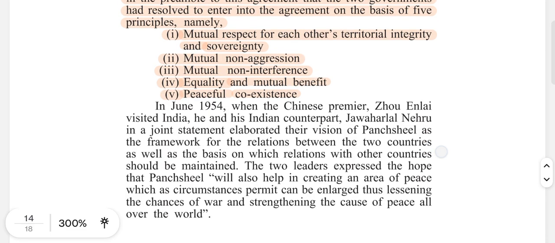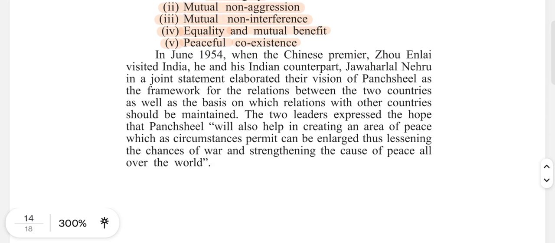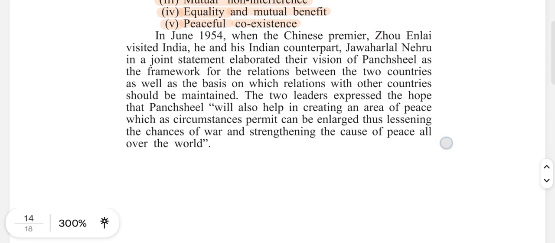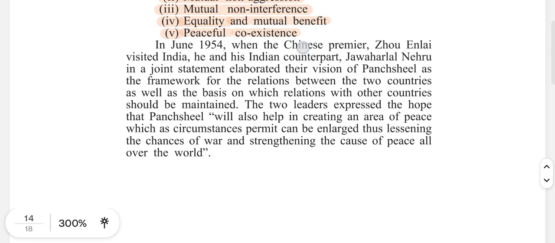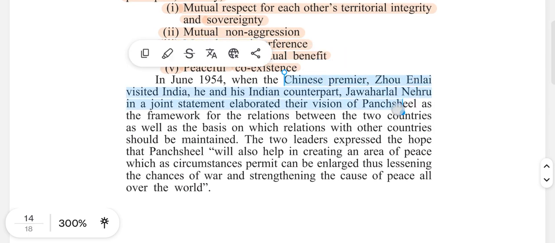I. Mutual respect for each other's territorial integrity and sovereignty. II. Mutual non-aggression. III. Mutual non-interference. IV. Equality and mutual benefit. V. Peaceful coexistence. In June 1954, when the Chinese premier, Zhou Enlai, visited India, he and his Indian counterpart, Jawaharlal Nehru,